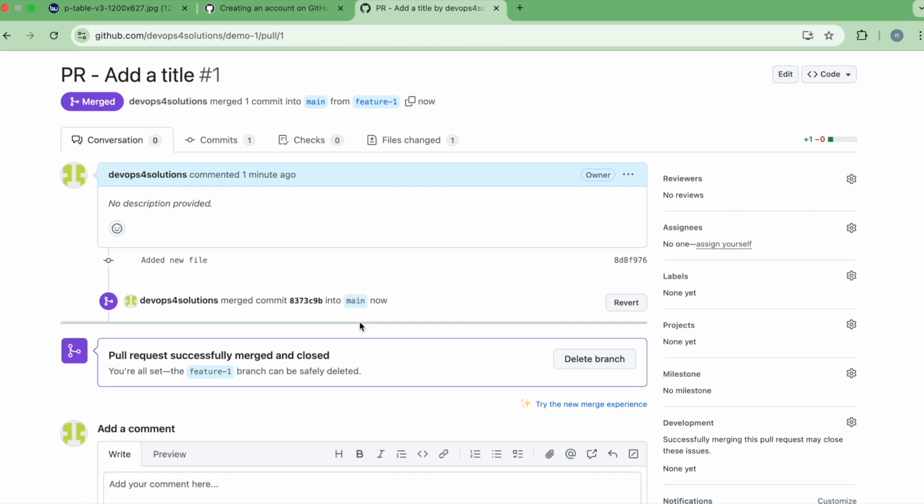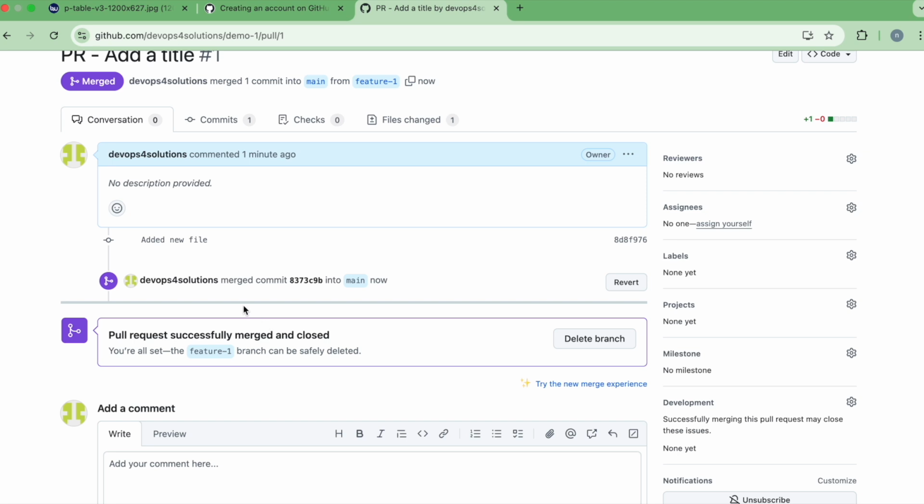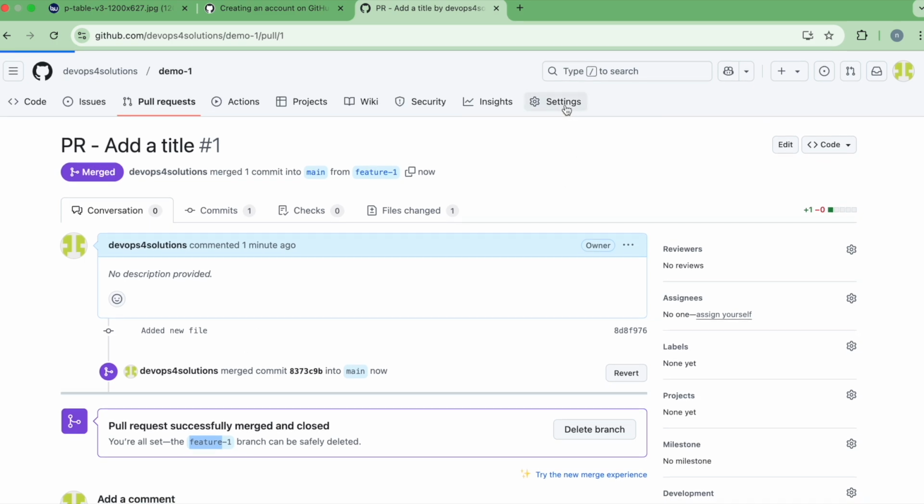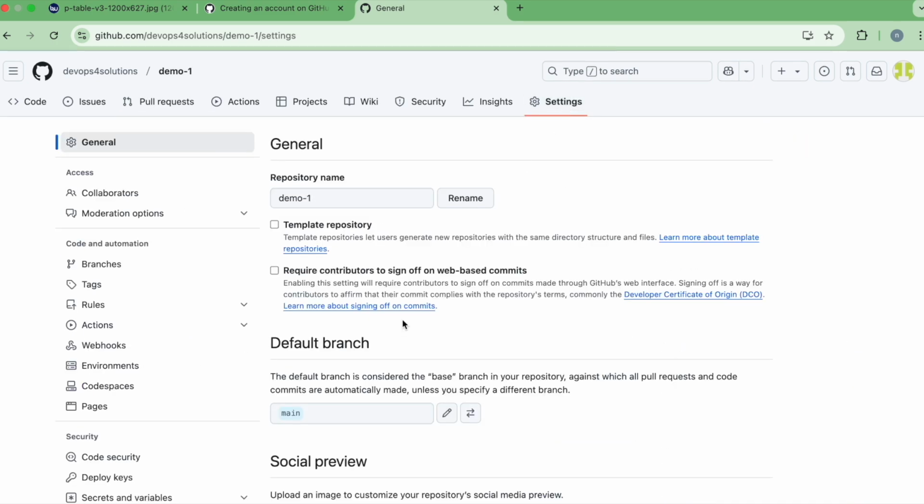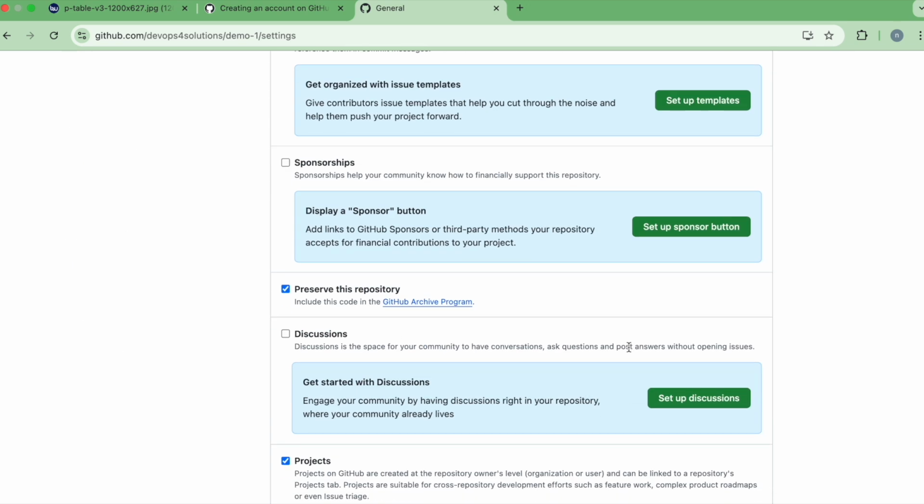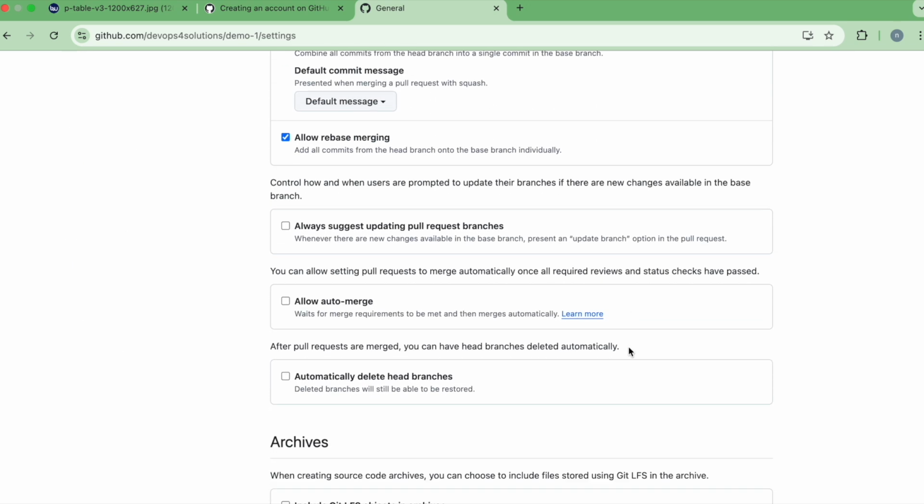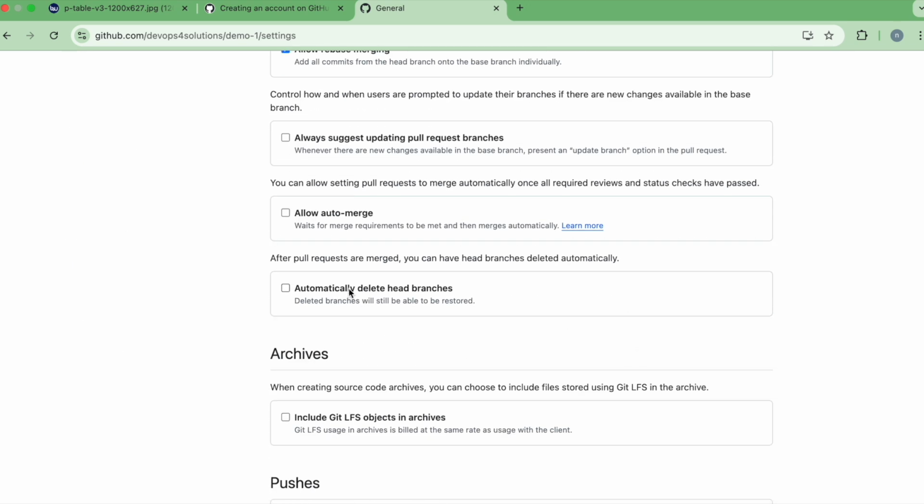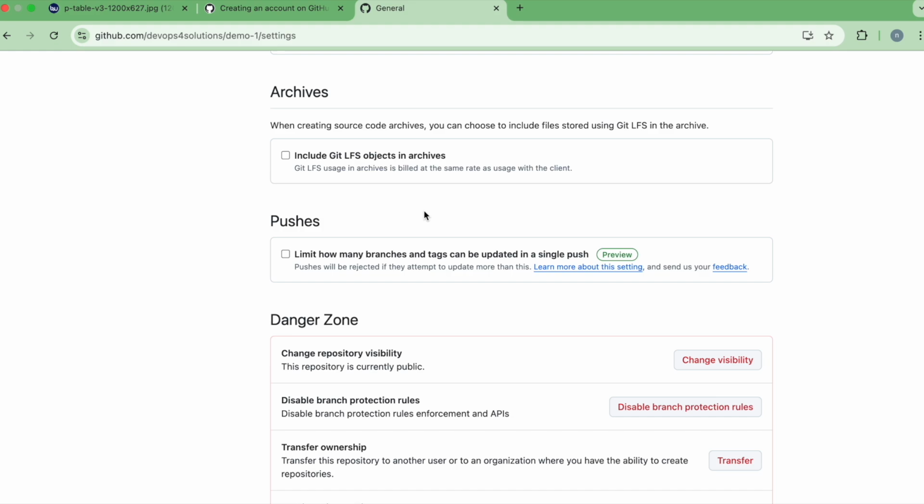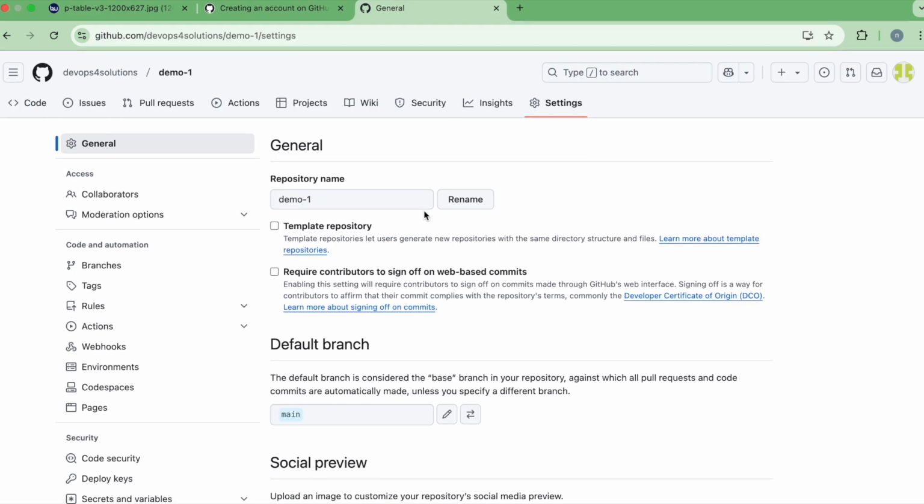Okay. So here you can see that I have merged the changes, but my feature branch is still there. For that also there is a setting. If you go to your general settings, at the end you will see automatically delete head branches. That means whenever I merge my PR, my feature branch will automatically get deleted, and which is very important, because